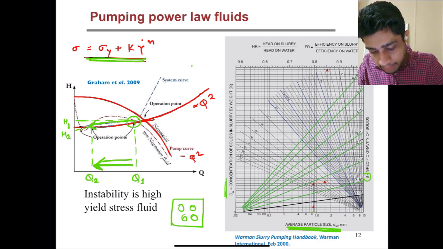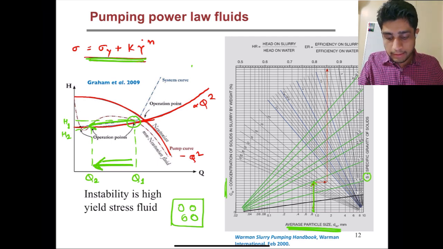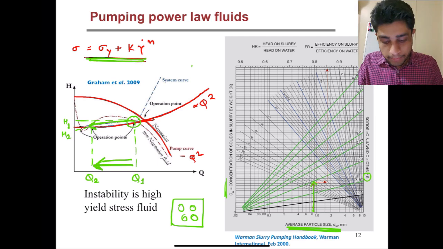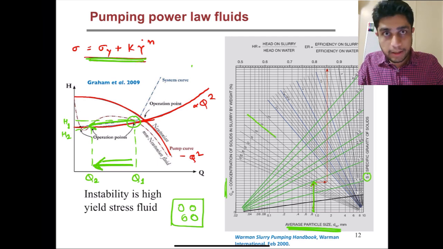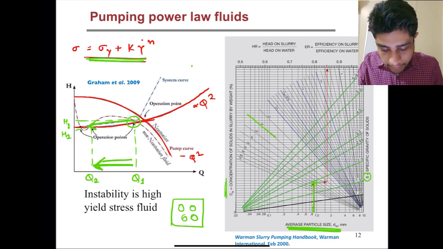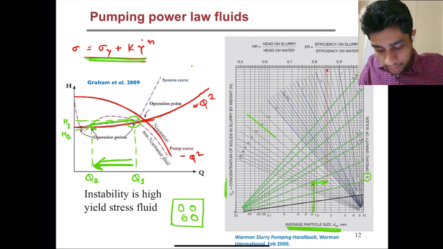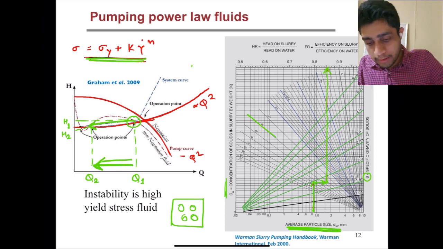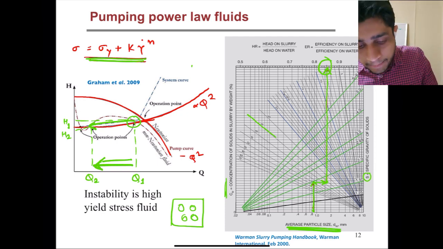Then let's say the solids have a specific gravity of 2. Then start from the particle size, go vertically up till you hit the line of specific gravity 2, and let's say the particles have a concentration of 35%. Then go horizontally and hit the line of 35%, and then now you extend this line vertically as shown. You will hit a point on this upper x-axis, which usually gives us the